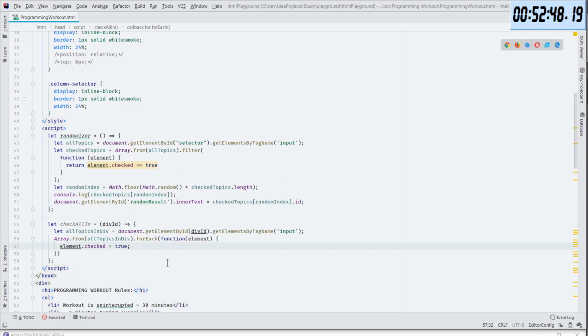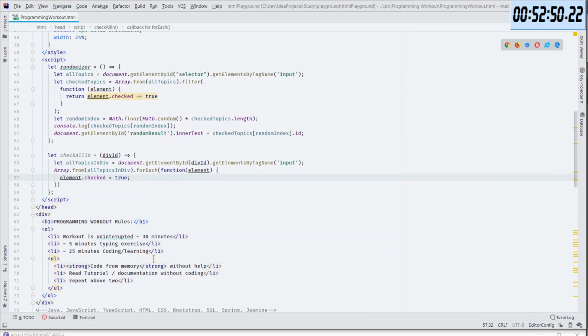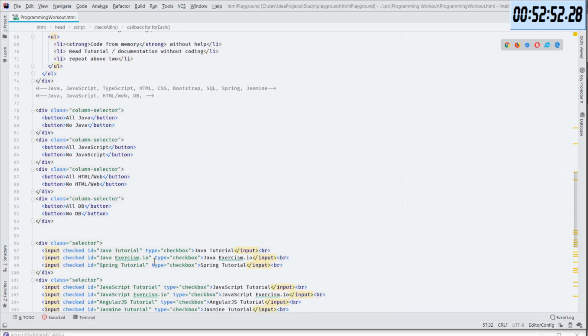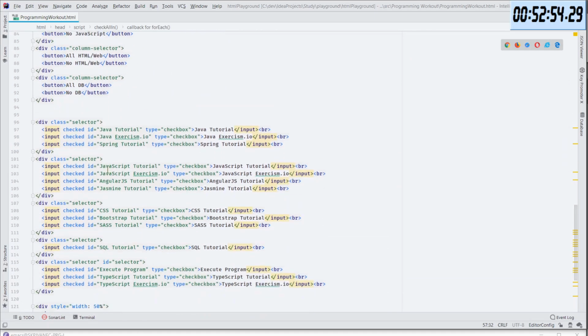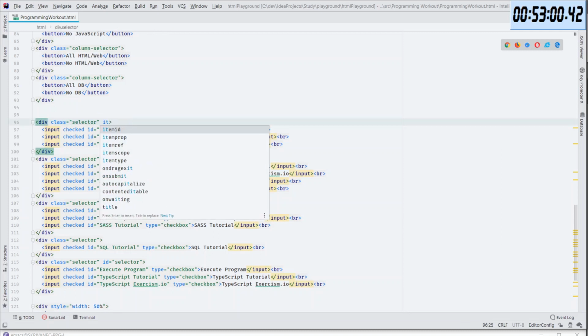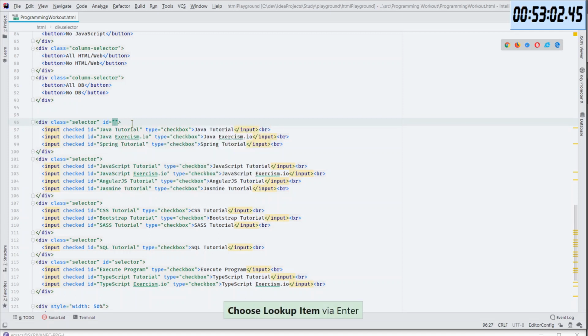Okay, so let's see if that works. So this will be the selector, and ID will be Java div.